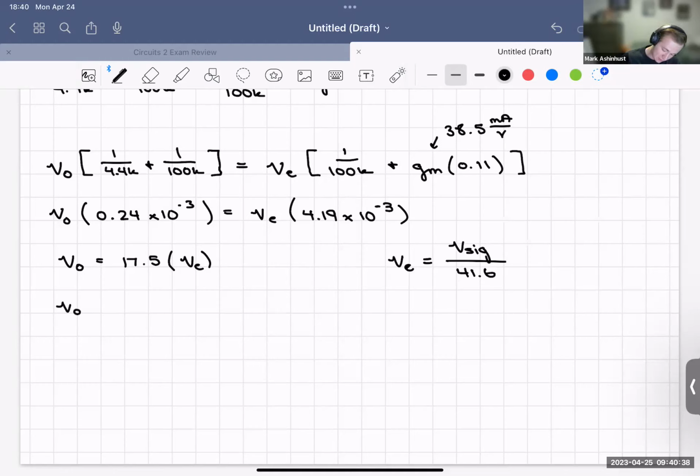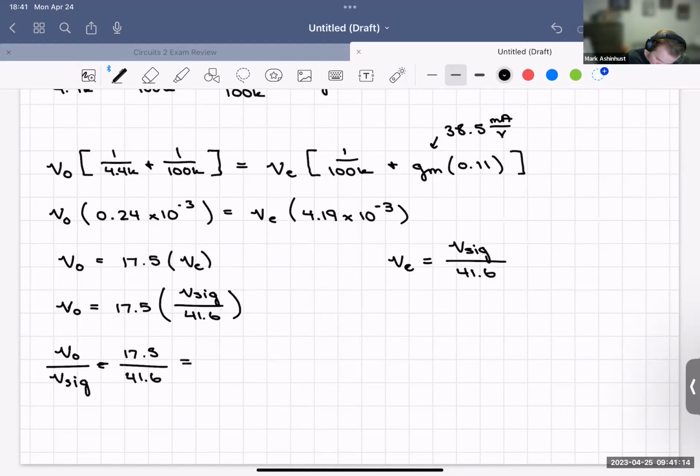So we have V out is equal to 17.5 times V sig over 41.6. And we can divide the V sig out, so V out over V sig is 17.5 over